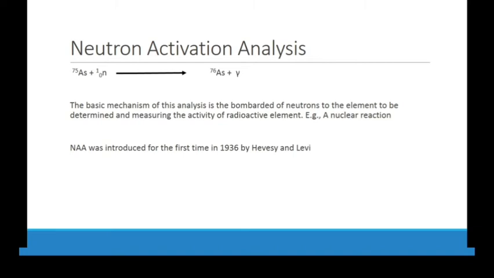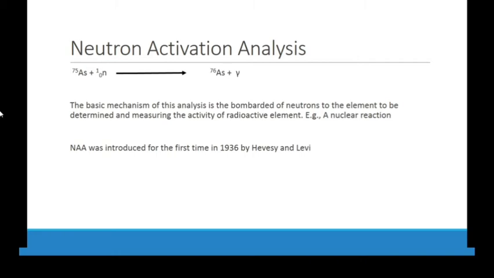But if we bombard it with neutrons, it will disturb the ratio of atomic number and atomic mass. You have to remember what is a radioisotope and what is an isotope. It will imbalance the number of protons and neutrons. So we have one more neutron, and then it will radiate some gamma radiation, and we will know from the spectrum, because every compound has a specific spectrum. The values are already given on the internet, and there are different charts, so you can compare. Then you will know which element is present and in how much concentration.